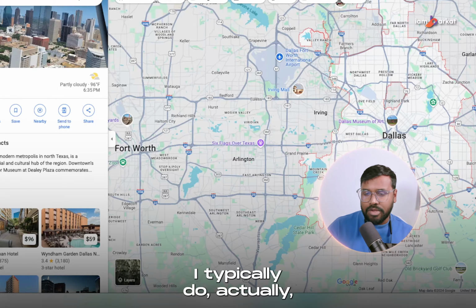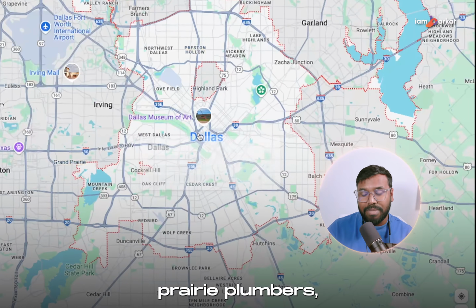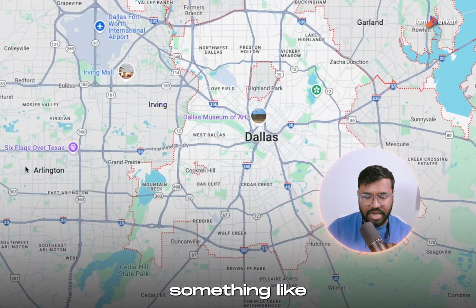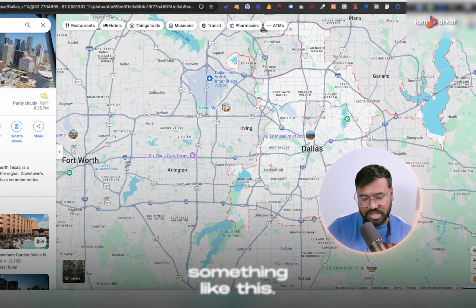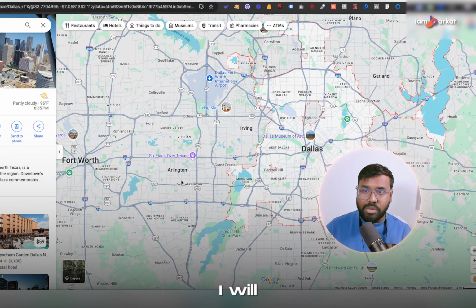So what I typically do is keyword research based on the area. I will research plumber Grand Prairie, plumbers Dallas, plumbers Irving, plumbers Arlington, plumbers Garland, or maybe plumber Fort Worth. If I see any search volume for these types of keywords, I will set up the ad